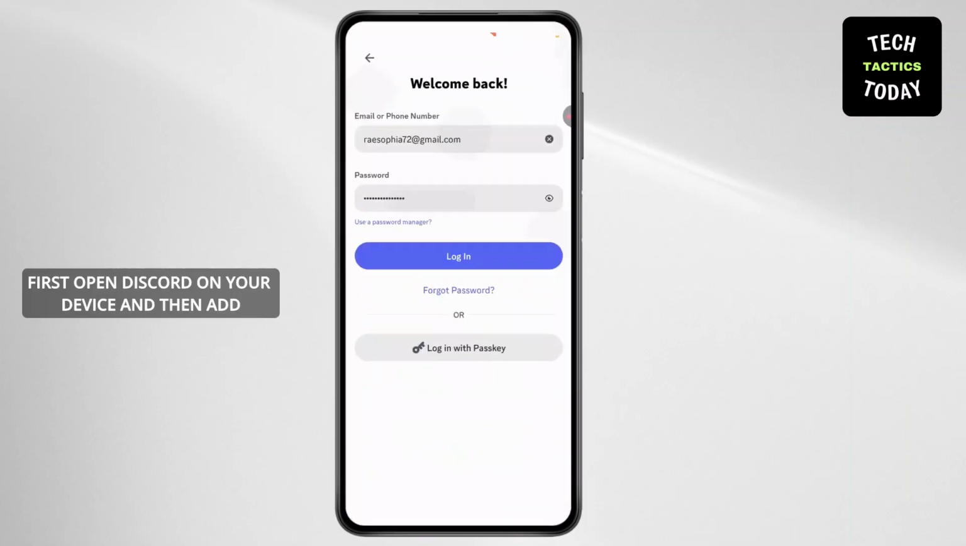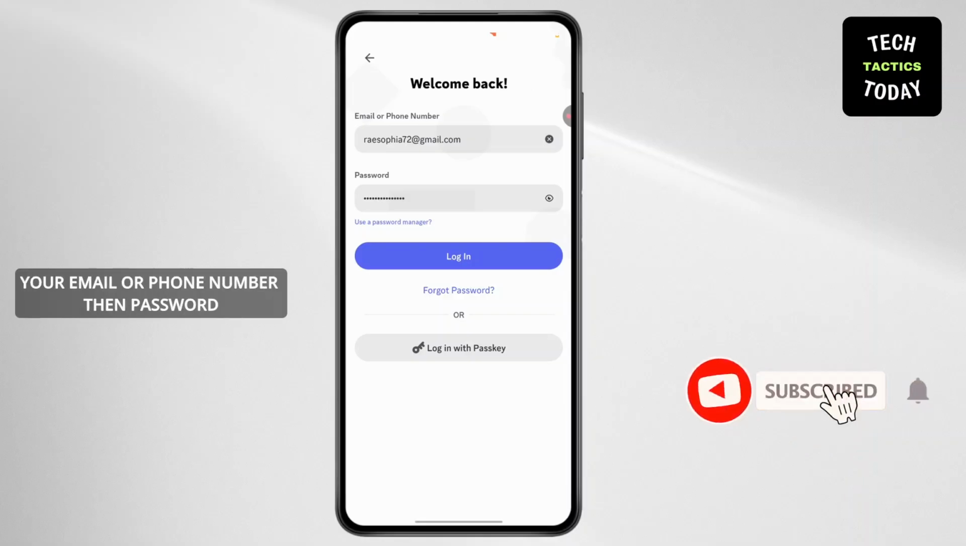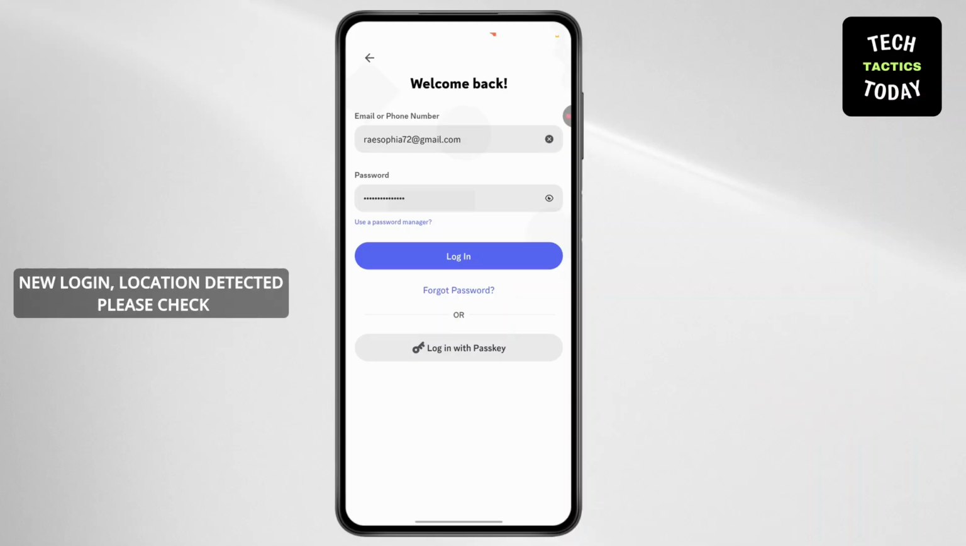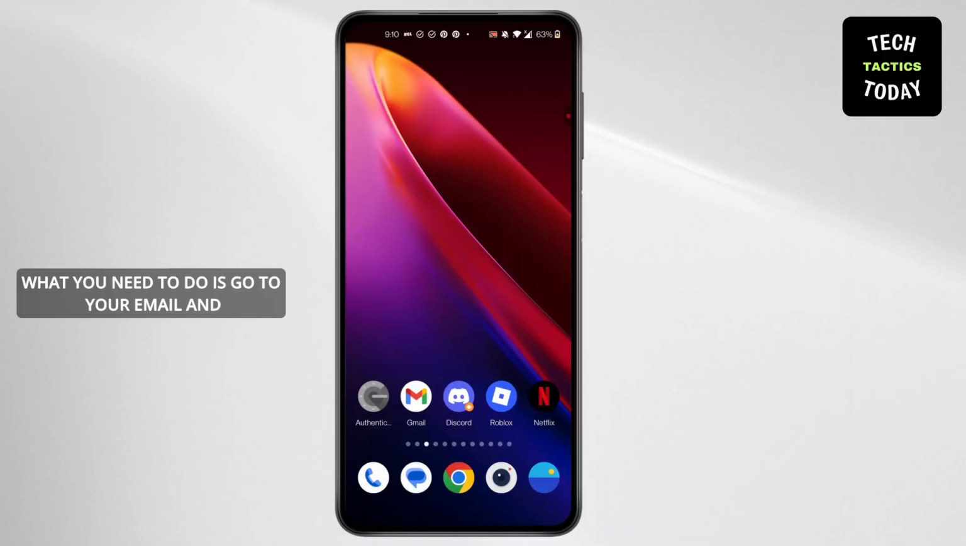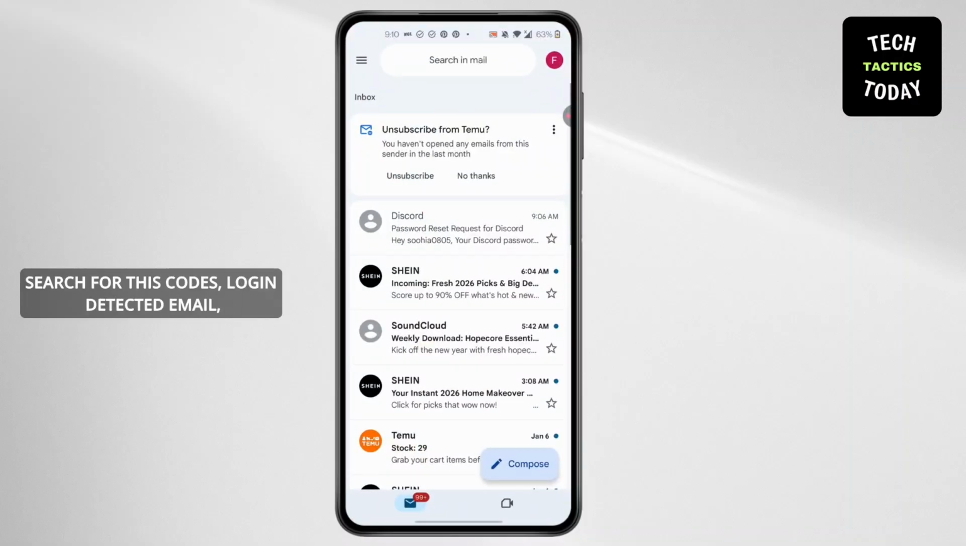First, open Discord on your device and then add your email or phone number, then password. And when you press on login, there is an error, new login location detected. Please check your email. So what you need to do is go to your email and search for Discord's